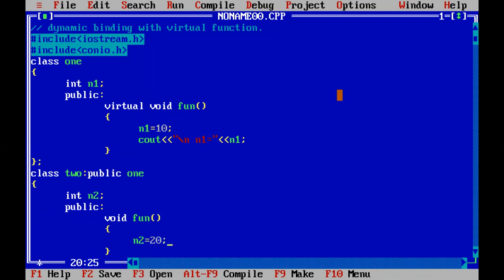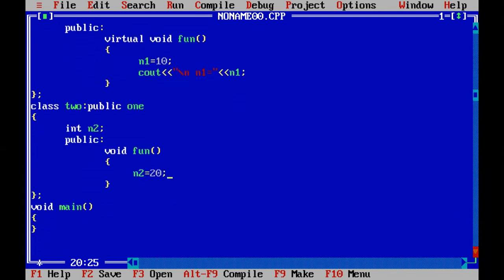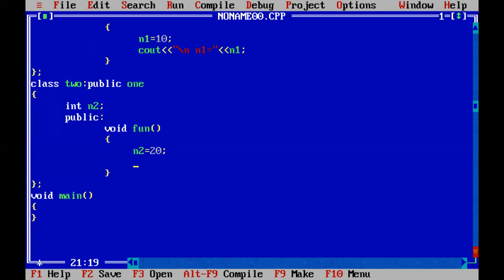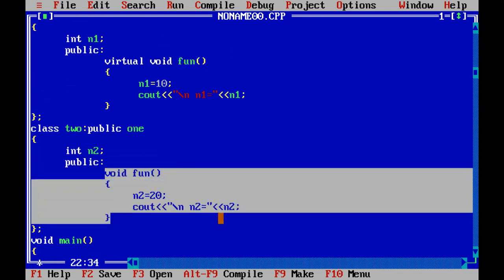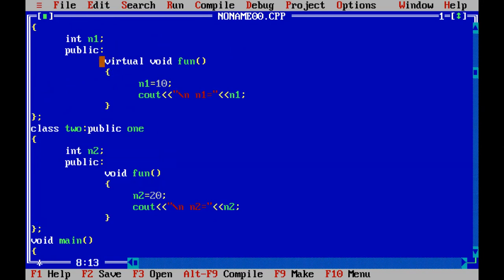You can give any value or accept it at runtime from the user. And over here I'm going to print the value of n2 on the screen. So here method overriding takes place because I'm redefining the same function in the derived class also, but without the virtual keyword.